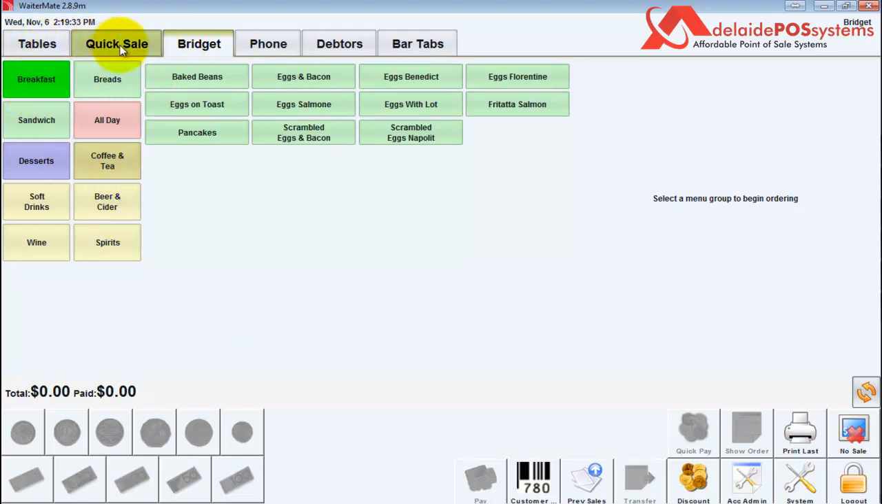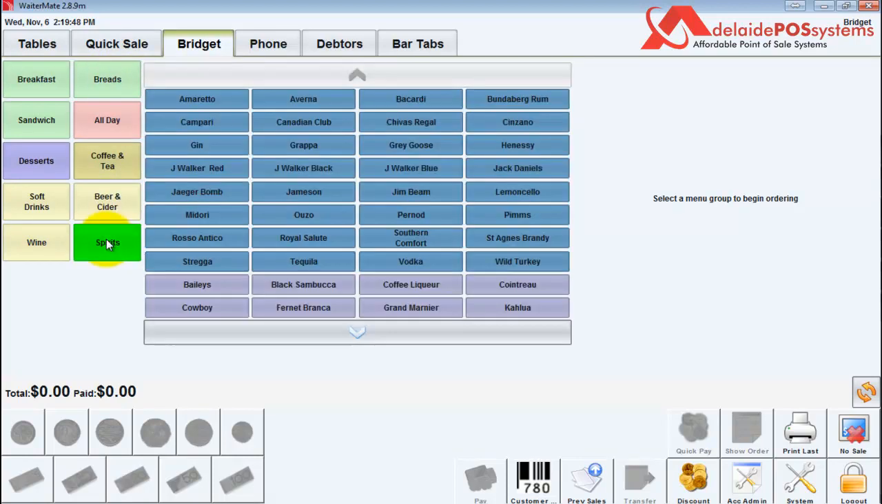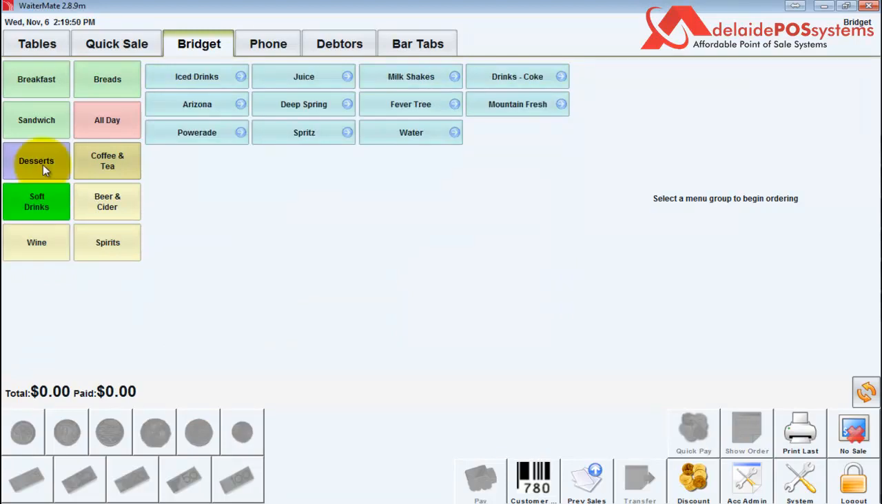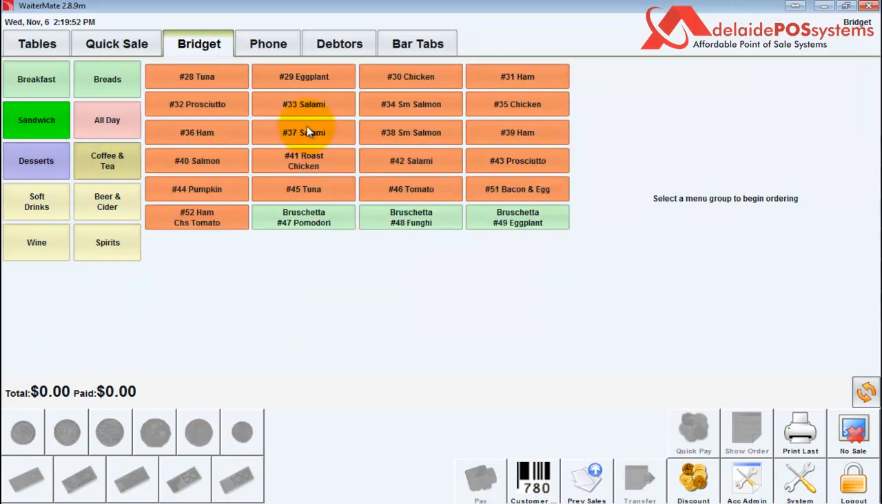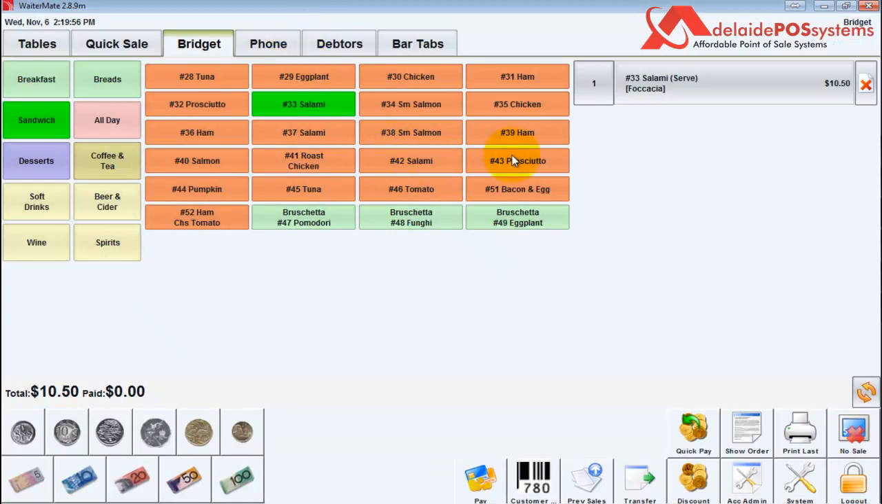So if I log in here, we come in to our quick sale screen. And up the top you'll notice all of the different tabs. So this is how we navigate around the system, and I'll show you each of those a little bit later on. So firstly, to place an order, down the left hand side here we have all of our menu sections, and as we click through you'll see our menu items popping up in the middle there. So if we click on a menu item, it will pop up on the right hand side